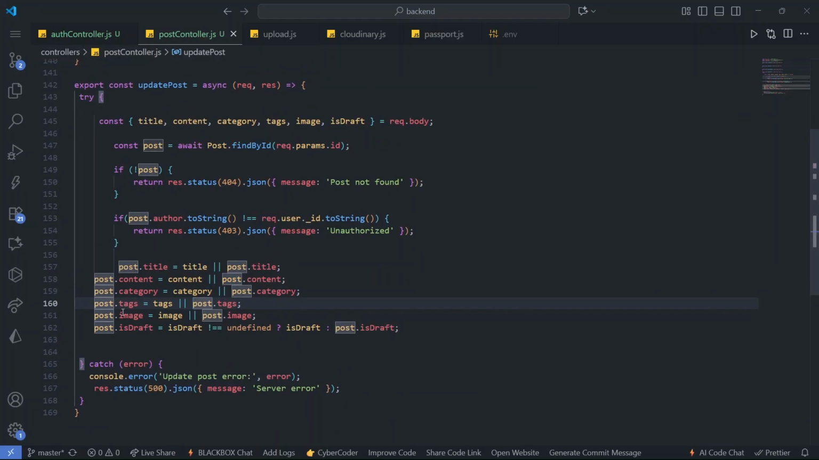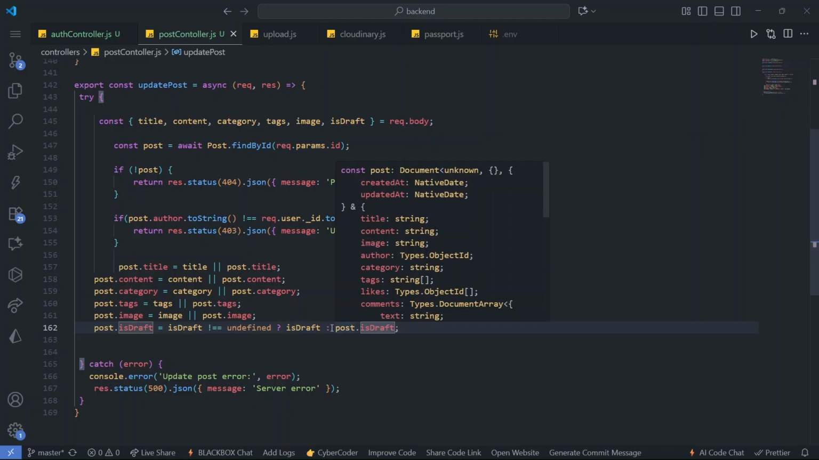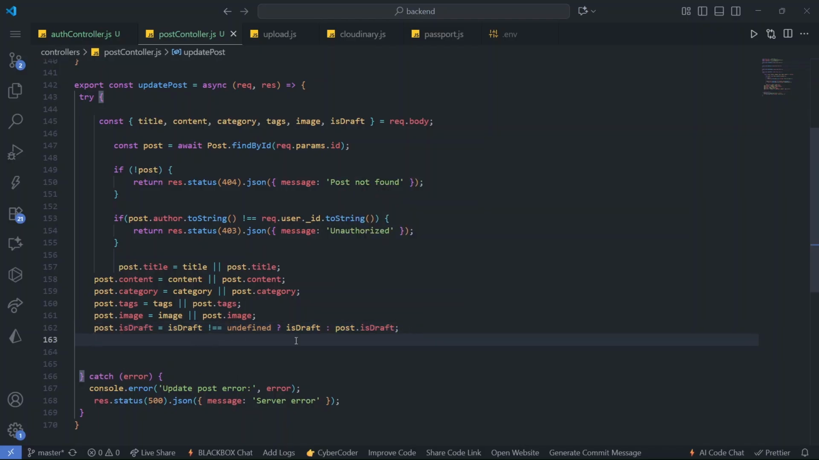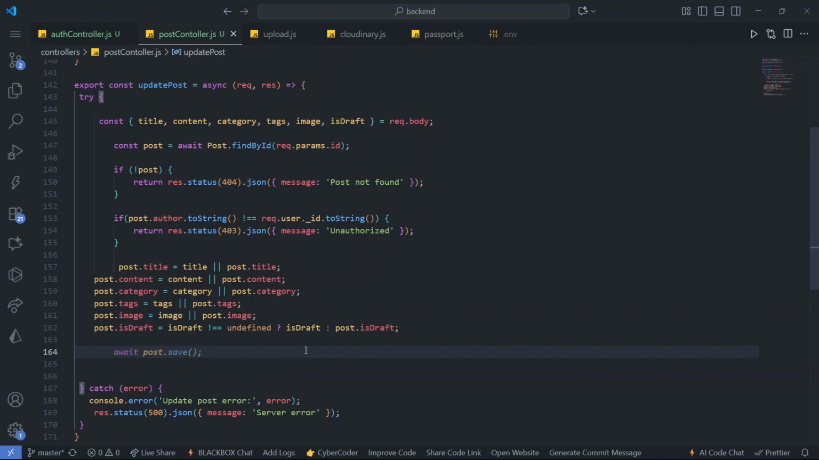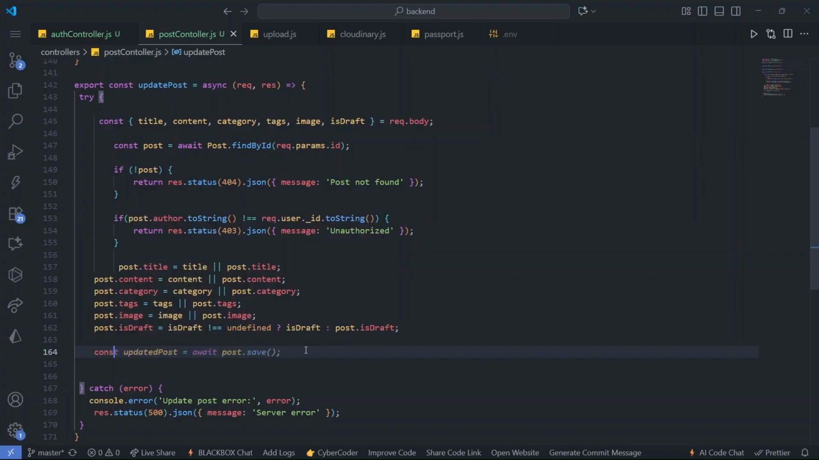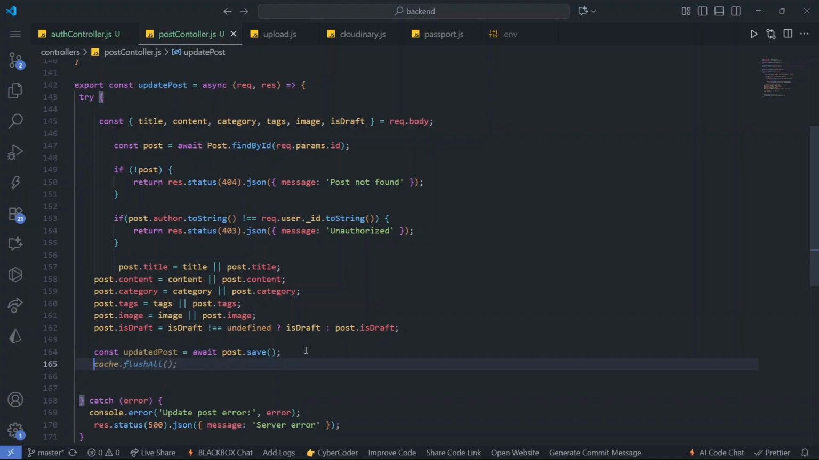Then similarly we can do it for the draft and image. If draft is not equal to undefined, then use draft, otherwise post.data. So it will get the value from the user, otherwise it will get it from the database. And here I will save. So how are we going to save? const updatePost equals await post.save, so we have to save the post